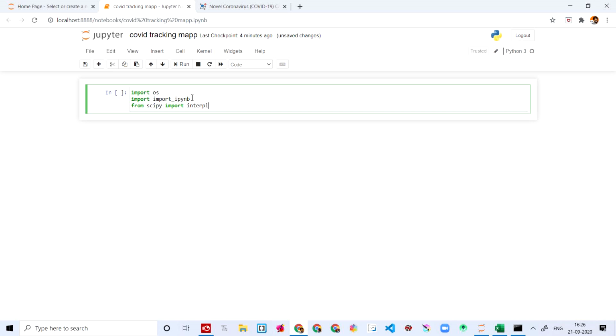I'm going to say import interpolate, this is just for safety, as plt. And then from pandas, sorry, I'm just going to say import pandas as pd, and import numpy as np.